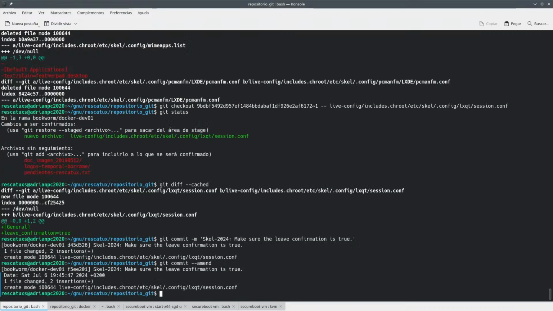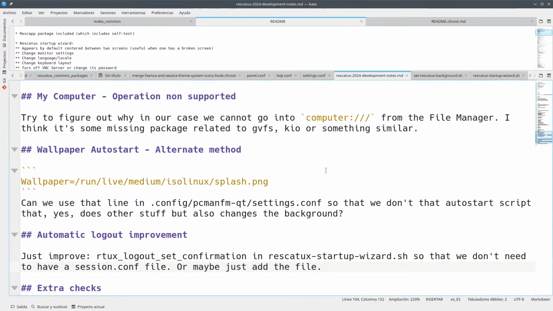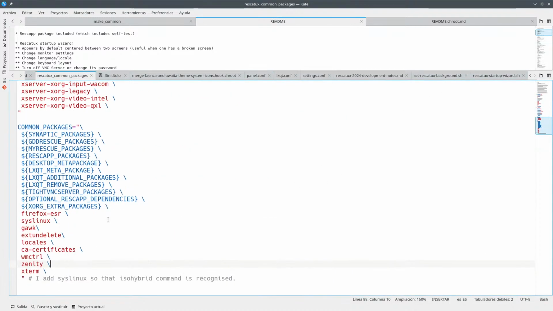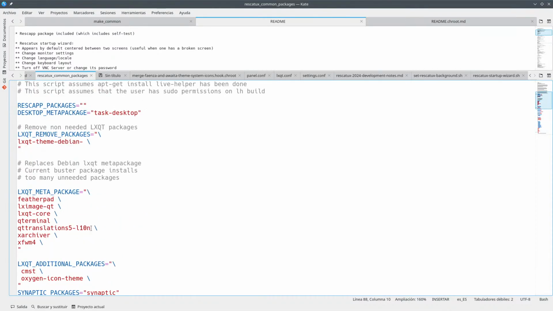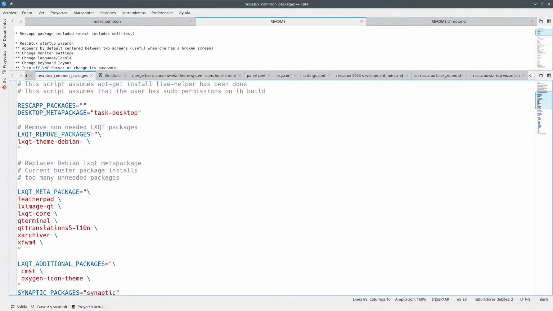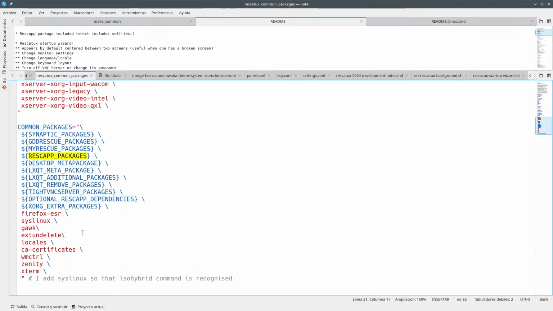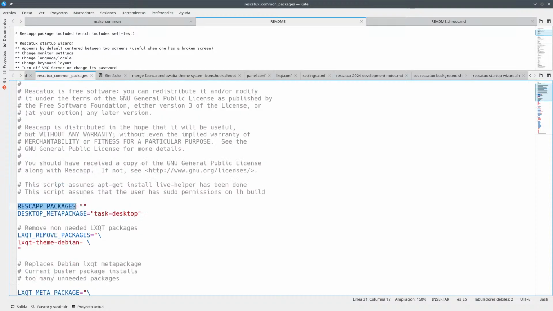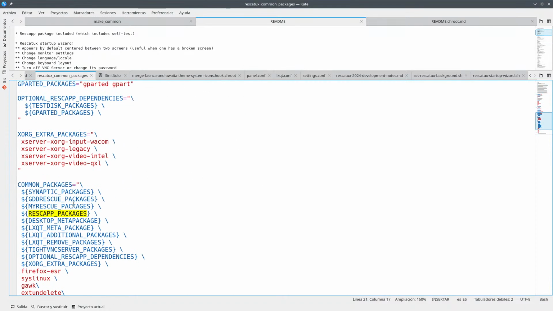Okay. And the other thing that I might want to do is this rescap common packages that we have done before, that it's like you know, rescap packages, there's no need to have them here. I mean, yeah, it's rescap, but